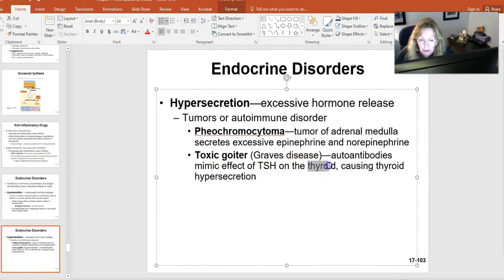So the thyroid's minding its own business, and it's thinking TSH is telling it to secrete T3 and T4, because that's what it thinks is happening. But it's really not TSH. It's an autoantibody that is so similar in structure to TSH that it's mimicking it. So again, this can lead to a toxic goiter known as Graves' disease, where all metabolism's too high, caloric use